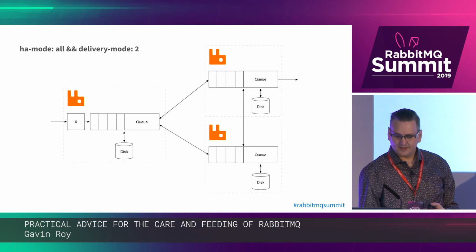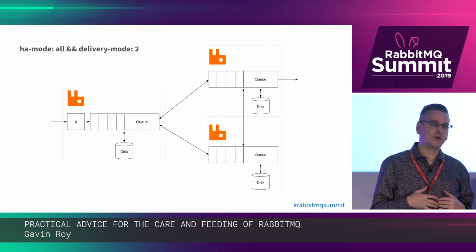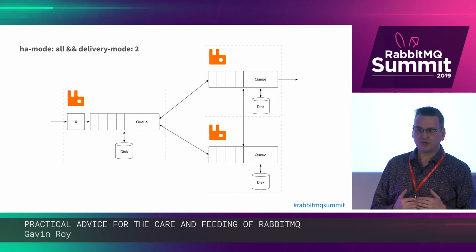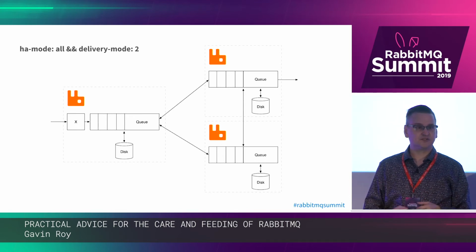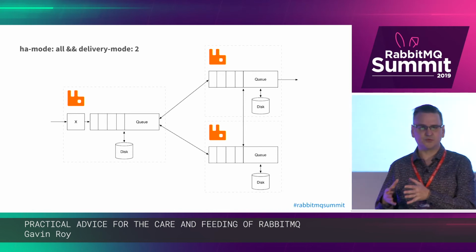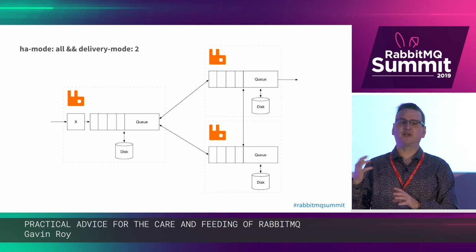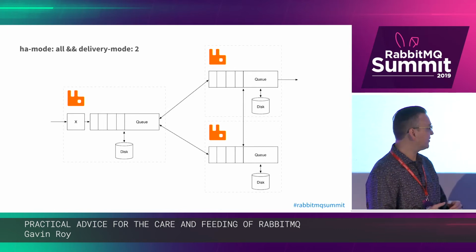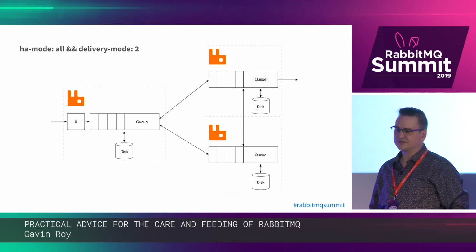In addition to that, they were publishing with delivery mode 2. Delivery mode 2, for those that aren't aware, is the mode that tells RabbitMQ to persist the message to disk. So not only are they coordinating across all 3 nodes, they're also saying write these messages to disk when they come in. These were fairly big messages with big data payloads that were used within our system for figuring out trends in email delivery and reputation for our customers. And so every single one that would come in would get synchronized across to disk for everything and go out the other side. Not a big deal.